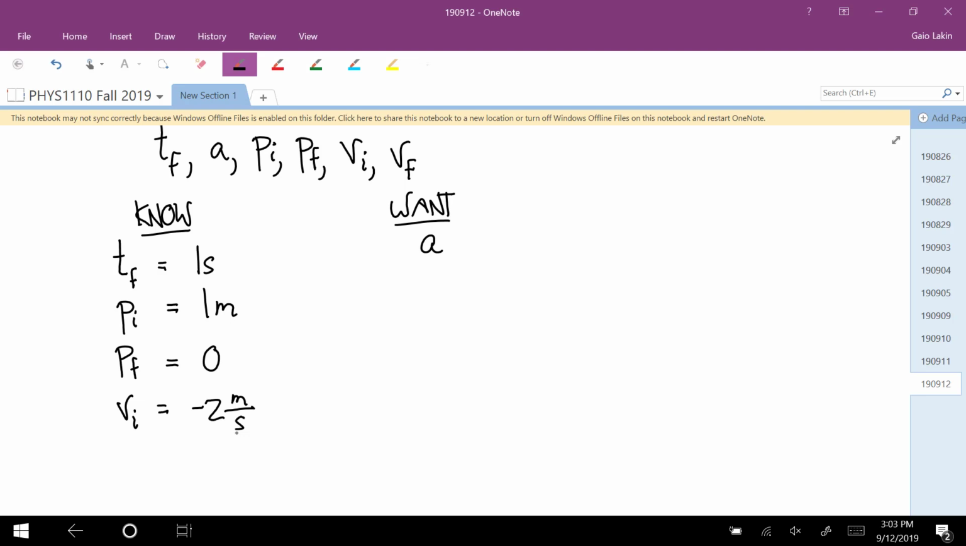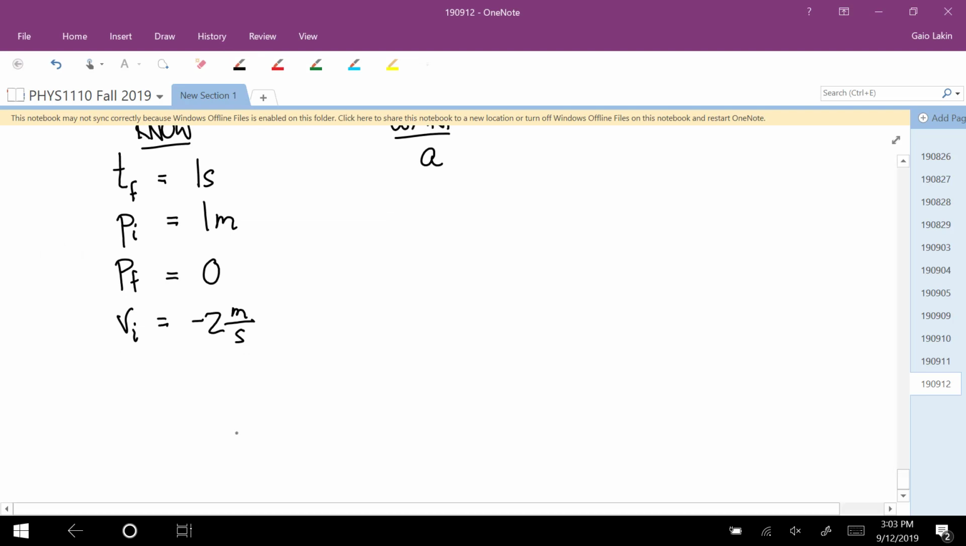So now we're looking for an equation that works with these. And the one that works is the same one that worked for part A last time. P final is equal to P initial plus V initial times time final plus 1/2 A times time final squared. So now substituting these in, we get 0 is equal to 1 meter